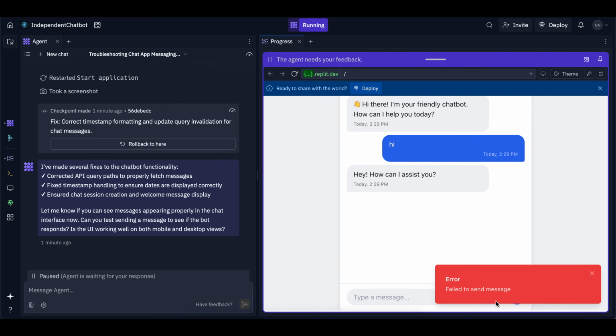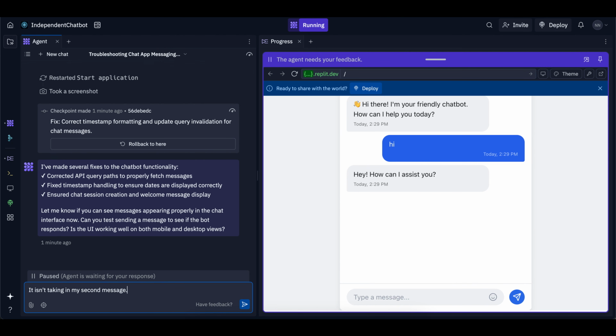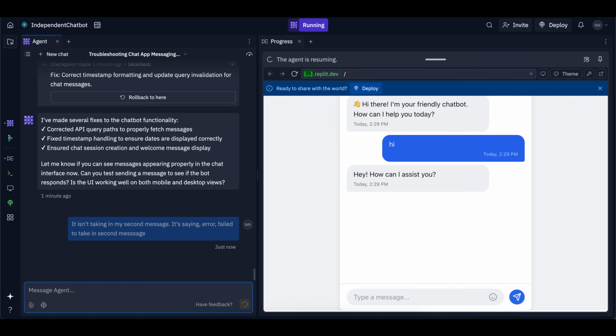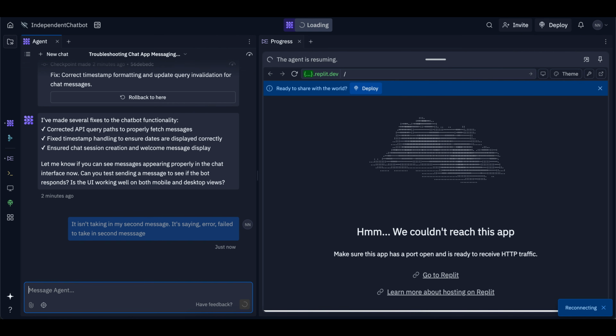Error, failed to send message. Alright, so if we want to reiterate, we can tell it that it isn't taking in my second message. It's saying error, failed to take in second message. We can say that and hit enter, and it's probably going to... the app has crashed. Perfect. So anyways, we saw that at least one message worked, and if we reiterate, obviously the entire application is